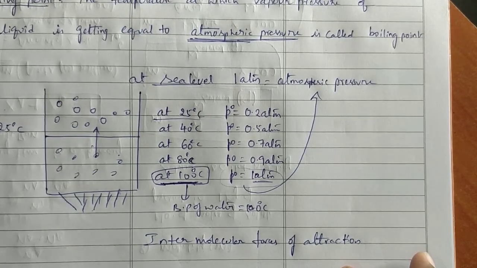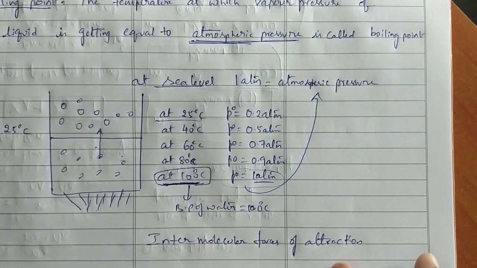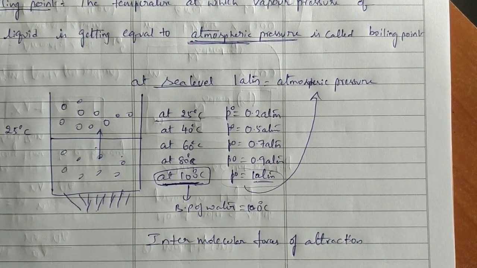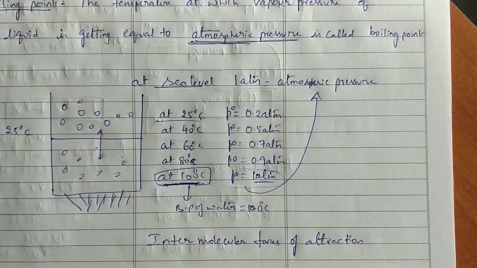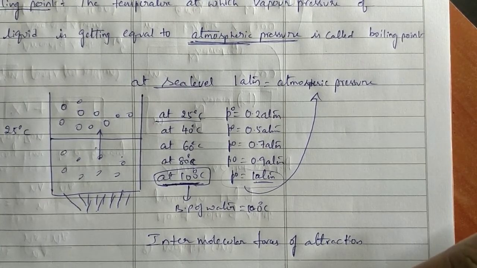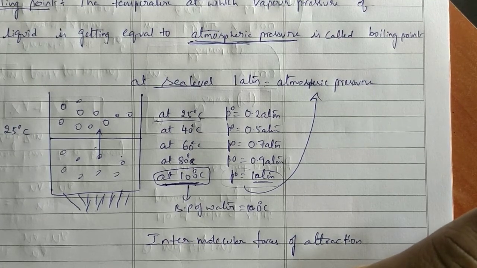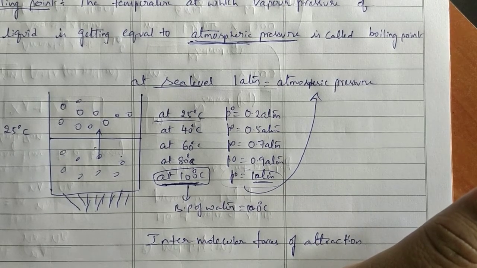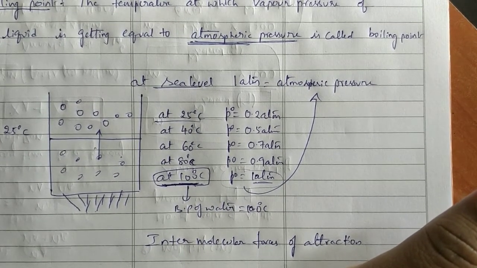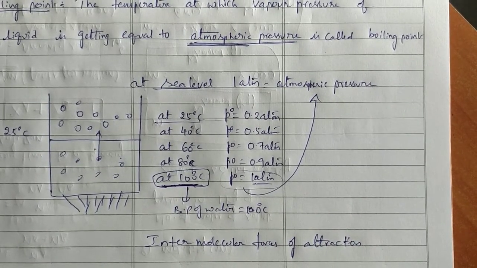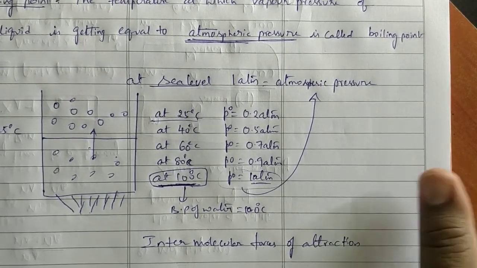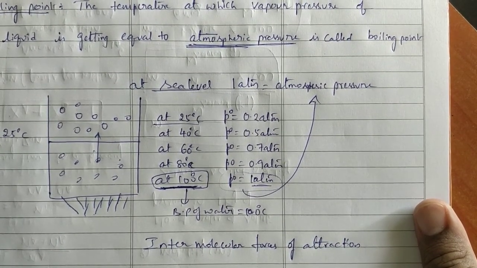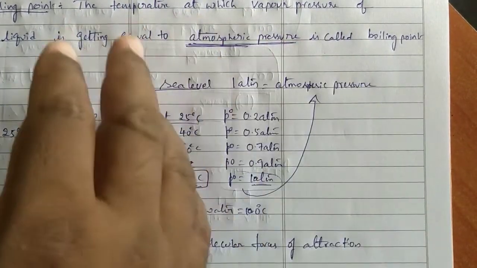In today's class, whatever topics we have discussed started with colligative properties. Those properties depend on what characteristics. After that, what are the colligative properties? I gave the information, and we started with the first one, relative lowering of vapor pressure, and I derived that relative lowering of vapor pressure depends on Raoult's law only. Finally, we got the formula. Second one, we started with elevation of boiling point. This elevation of boiling point is nothing but boiling point. We have to know the definition first. So we have learned the boiling point definition. The temperature at which the vapor pressure of a liquid is getting equal to atmospheric pressure is called boiling point. And this is the explanation regarding today's class.